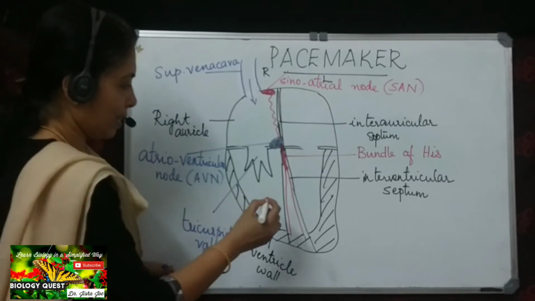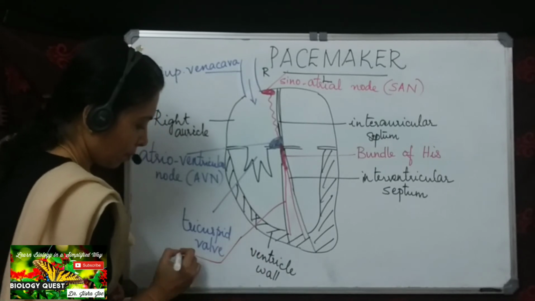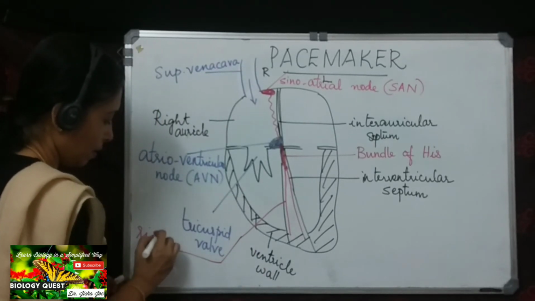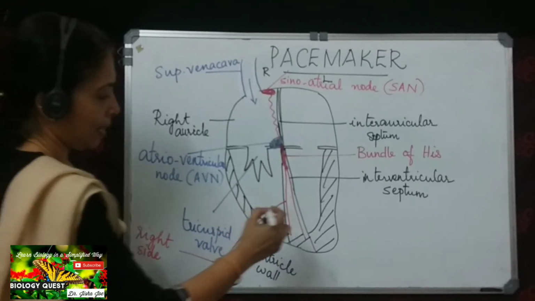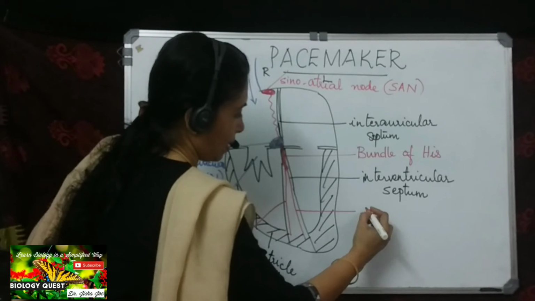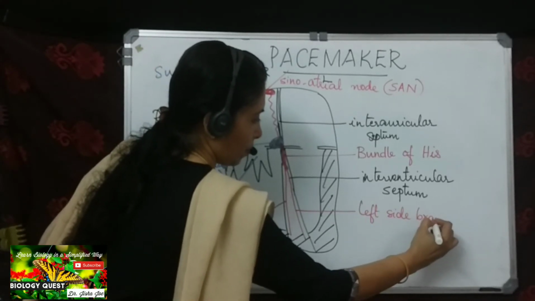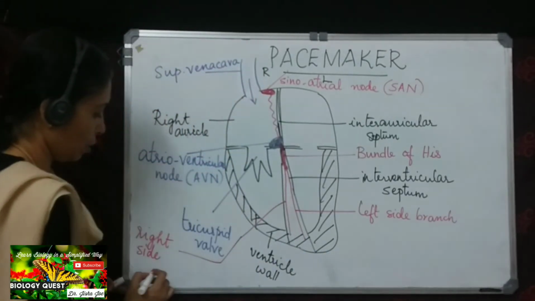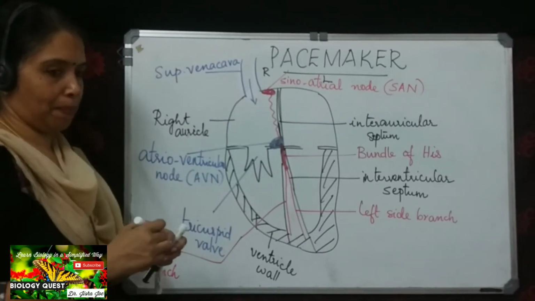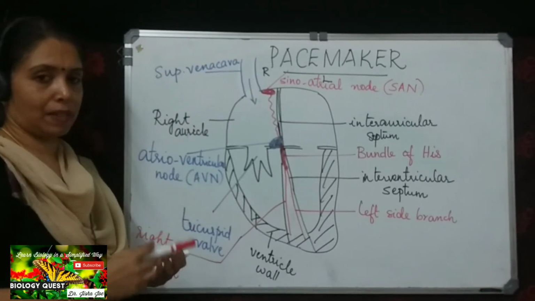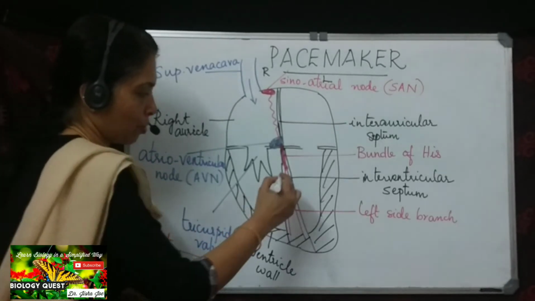That is the right side branch on the right side, and that is the branch on the left side. So the bundle of His divides into two branches, the right side branch and the left side branch, or the right side bundle and the left side bundle. And then what happens is that from these two branches...